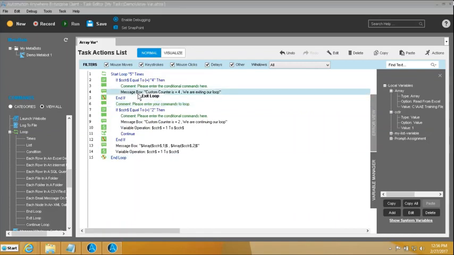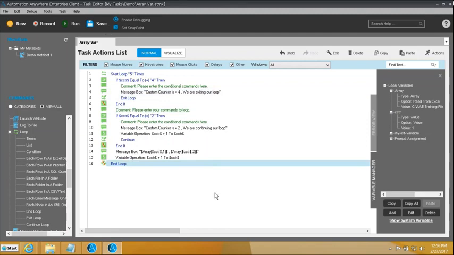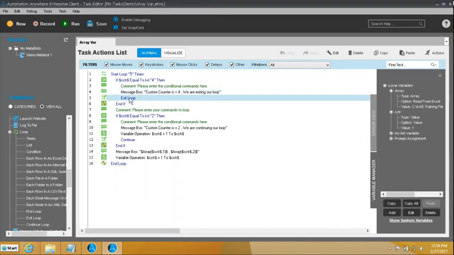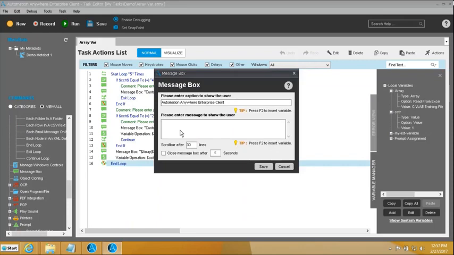So exit loop is going to just throw me out of this loop over here. If it is 4, it will say message box custom counter is 4, we are exiting our loop. It will hit this exit loop statement. The exit loop statement causes us to go immediately out of the loop from this spot itself. It will throw us out of the loop, and the next line immediately after that end loop statement will get executed. So after this end loop, I can say I am after the end loop statement,